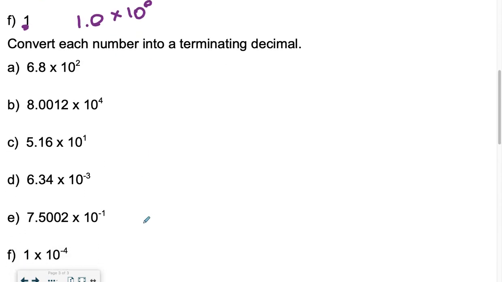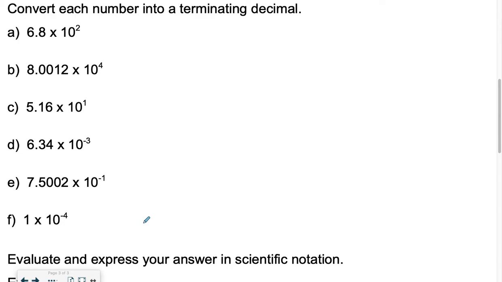Now we're going to convert from our scientific to our terminating decimal. So if our exponent's positive, we move to the right. So 6.8, we move 1, 2, 680. Moving to the right, 4, 8.0012, 1, 2, 3, 4. Moving to the right, 1,